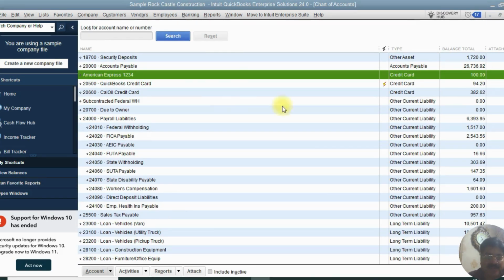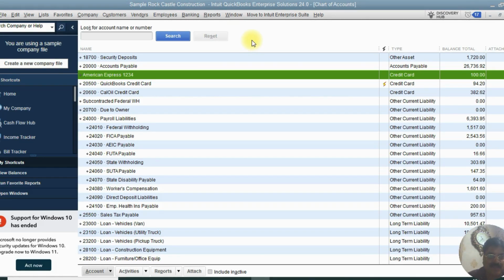So we have just closed this. You can see that there's a credit card charge coming up as 100 on my credit card under the chart of accounts, so I have to pay this to the credit card company, right? And on the other side, if you would like to do the bank reconciliation for the credit card,